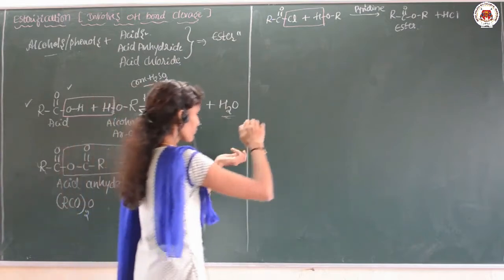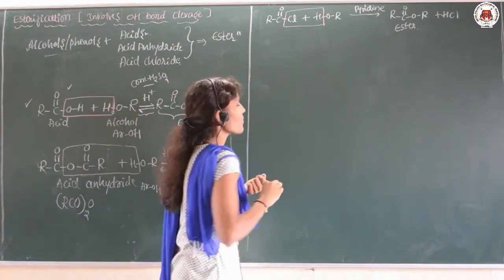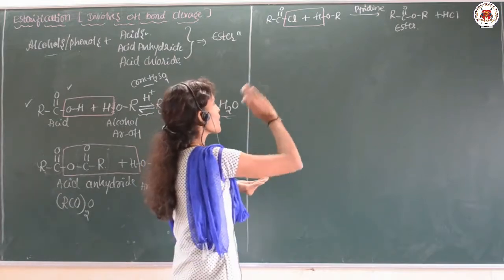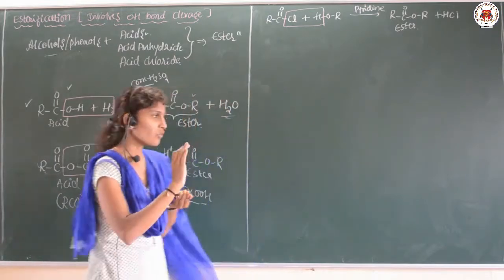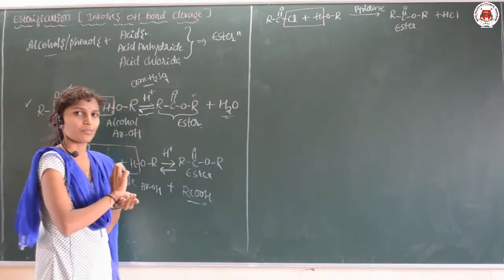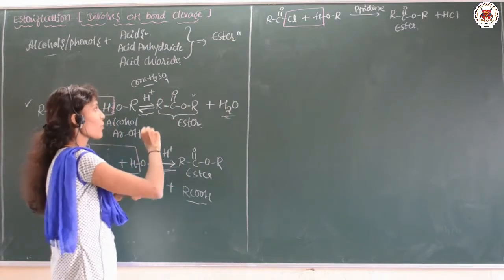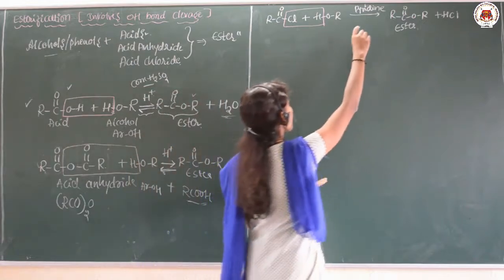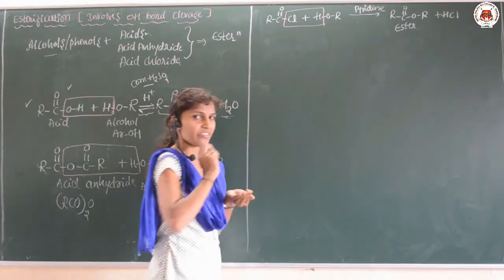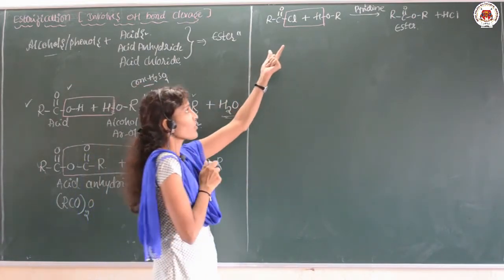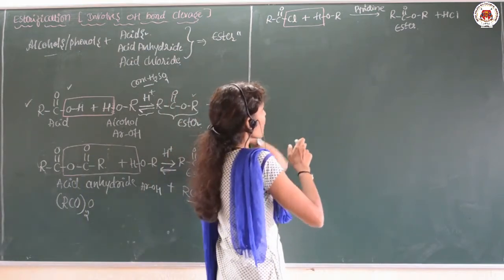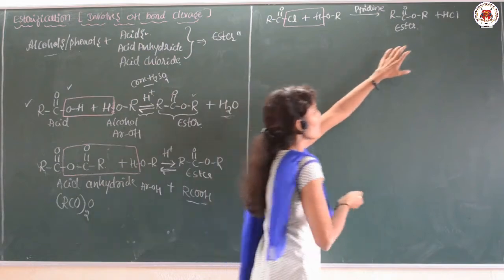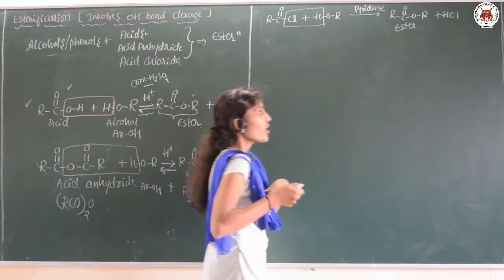We want the product, which means you have to preserve this product. And next, whenever an acid chloride is treated with alcohol, here there is no reversible reaction, and it is not carried out in the presence of an acid. It is carried out in the presence of pyridine. Pyridine acts as a base. So what happens? The pyridine will absorb this HCl, which is formed as a byproduct.